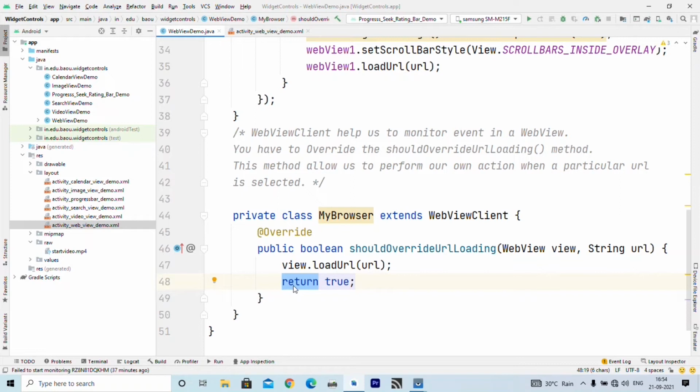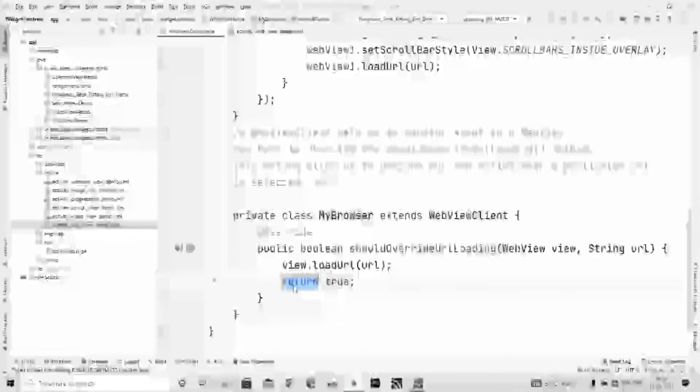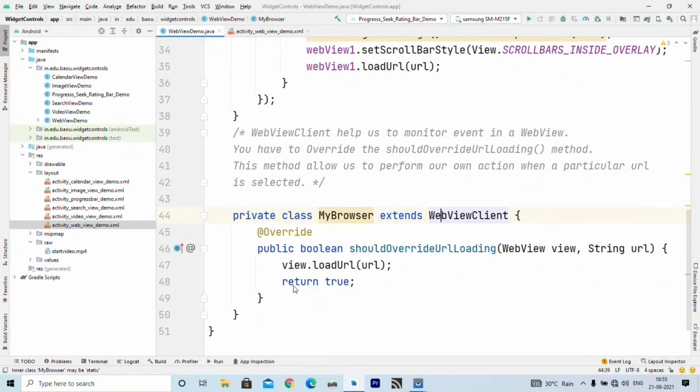Now why do we need to write this WebViewClient? Suppose you want to open your web page from some remote location, right? If it is within a resource file, you need not write this WebViewClient, but if you want to load a URL which is some remote page, then you need to provide a WebViewClient to the WebView, and it is nothing but one class which extends WebViewClient, which overrides one method shouldOverrideUrlLoading, and inside that you just write one line, view.loadUrl and the URL that you want to open, and finally we return true.